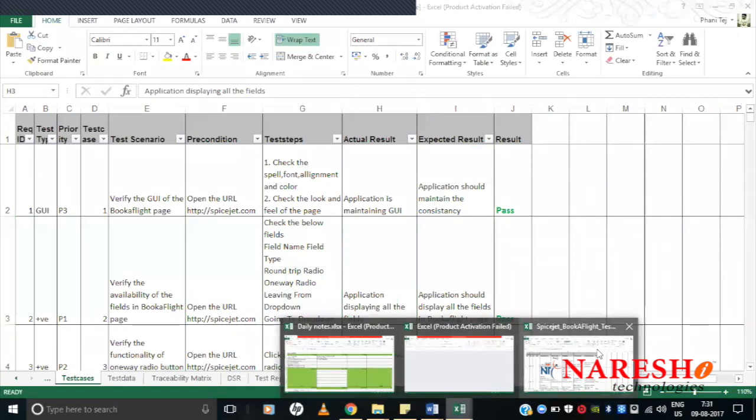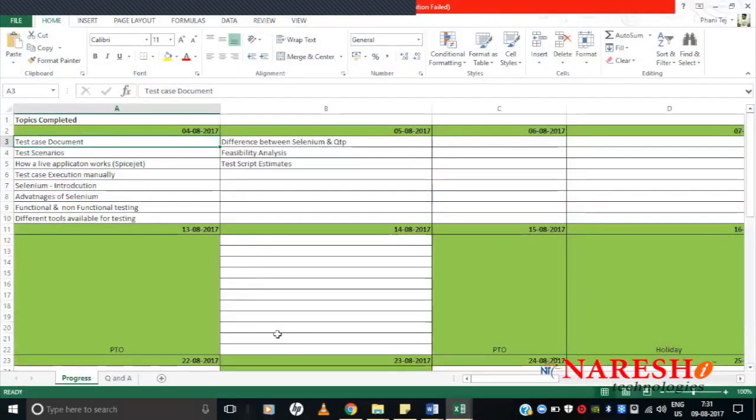All right. So as you can see here, we have discussed the test case document, how test case scenarios are, how a live application is going to work, and how you are going to execute test scenarios manually. Introduction to Selenium, advantages of Selenium, what is functional and non-functional testing, different tools available for testing, all this I have covered as part of our previous sessions.